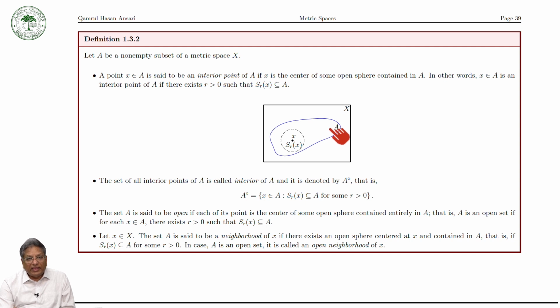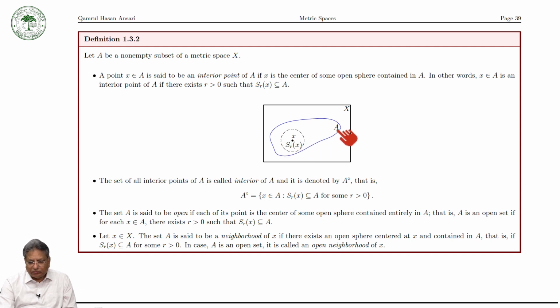Keep in mind, x naught is the center of some open sphere, not all open spheres. If we consider all open spheres, then I can take the radius a little bit bigger, like this one. This is the open ball, this is the radius, but this ball does not lie in A. But I am not saying all, I am saying some open sphere. So here there exists r such that